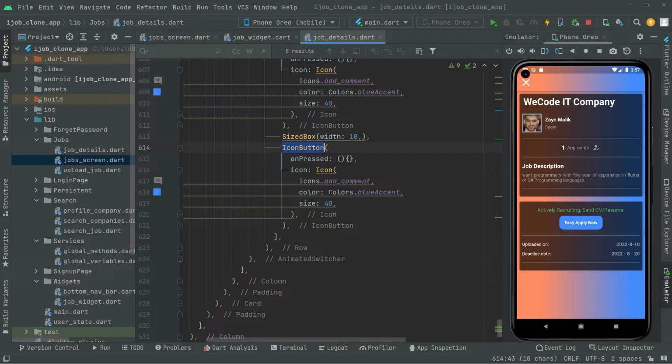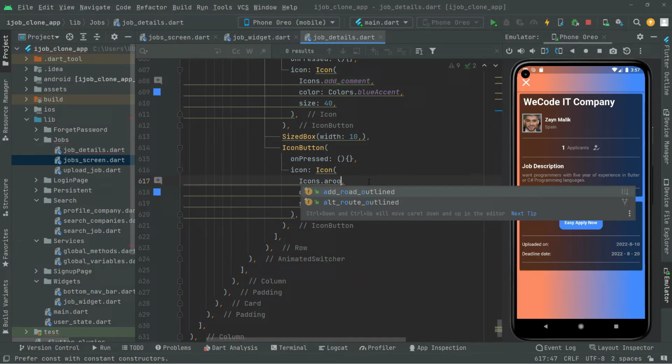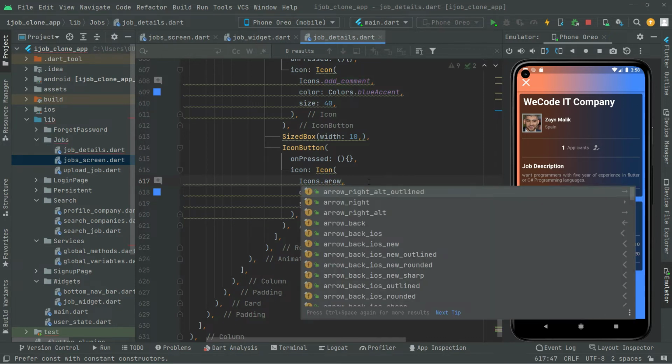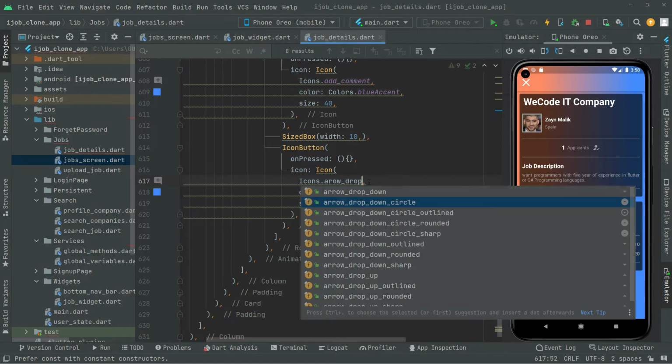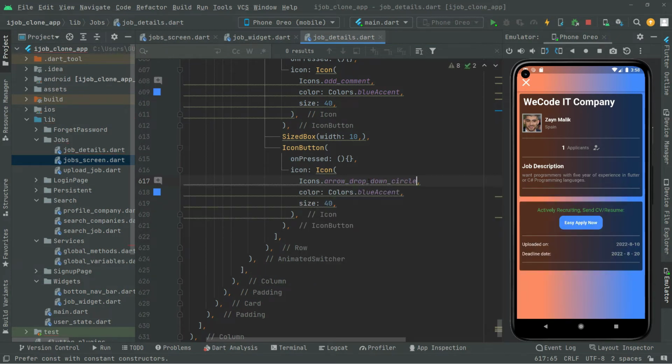Okay, now first we will complete the UI design. As I told you before, we will work on that right in the upcoming videos. Icon gonna be this time, we'll go with the arrow underscore drop down circle, that one. We will choose that one. You can choose whatever you want right in here, and the color is gonna be blue accent, and size is gonna be 14. That is fine,